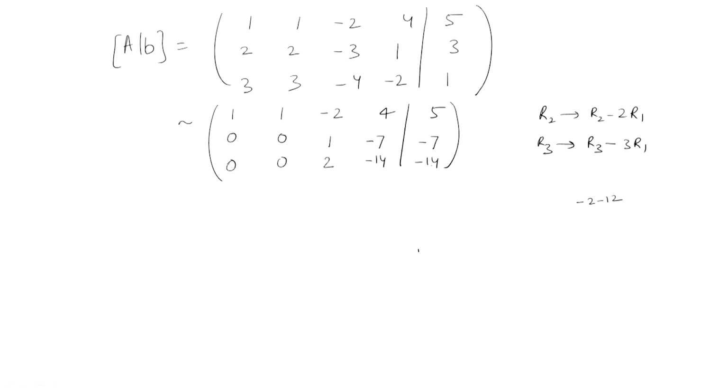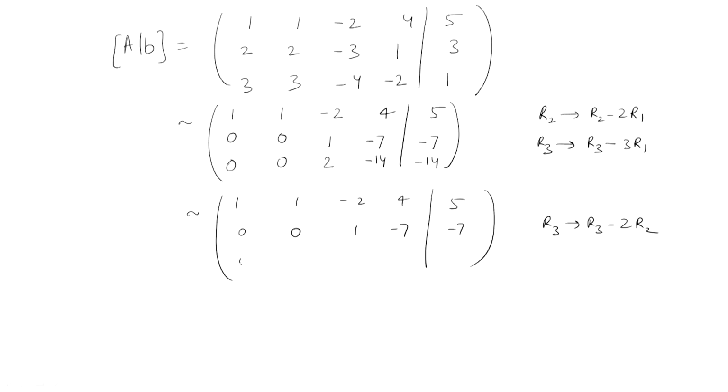and this minus 3 times this is again minus 14. So, now the first leading non-zero element in the second row is 1, and you will make 0 below this element. So, how to make 0 here? You will make this minus 2 times this. So, in the next step the first row remains unchanged, the second row remains unchanged again, and for the third row you will take third row minus twice of second row. So, this is 0, 0, 0, 0 and 0.